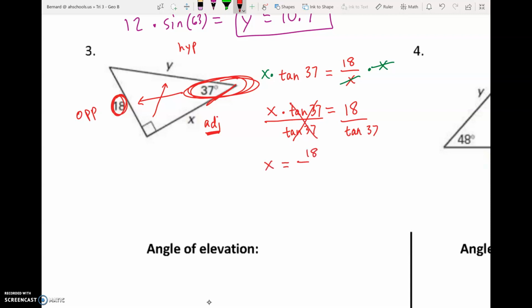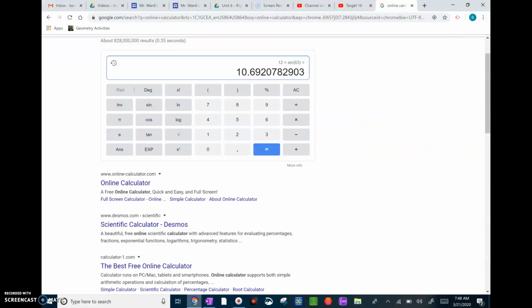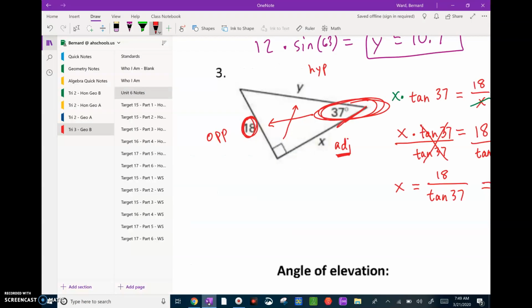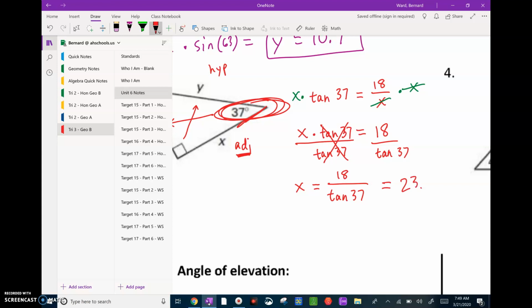And on the right is what we're going to want to type into our calculator. We want to do 18 divided by the tangent of 37 this time. So let's do that. 18, clear this, do 18, and this time divided by, and then tangent, and was it 37? Yep, 37. So tangent of 37. Close your parentheses, it equals, there it is, 23.9. And so x equals 23.9. And we'll pick this back up